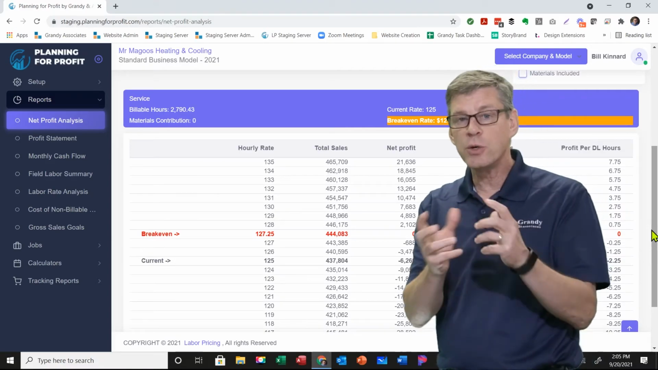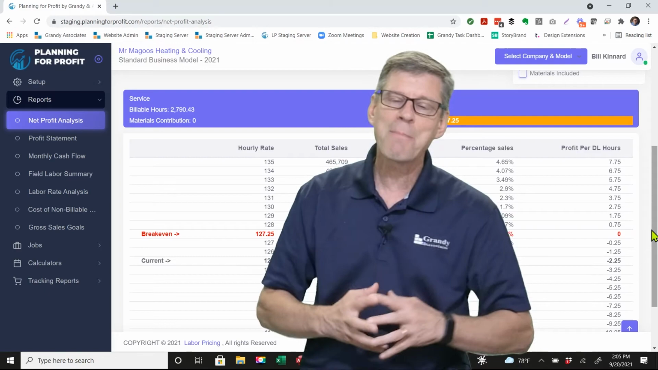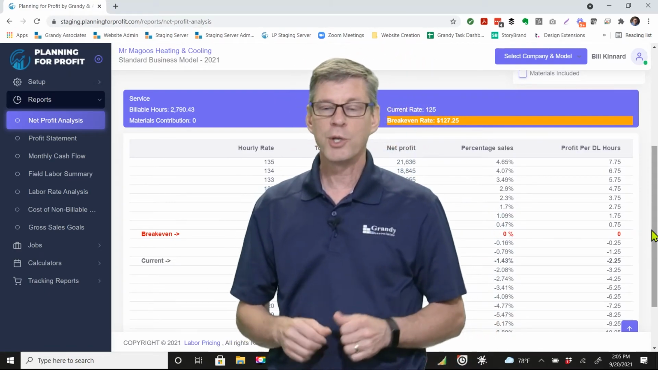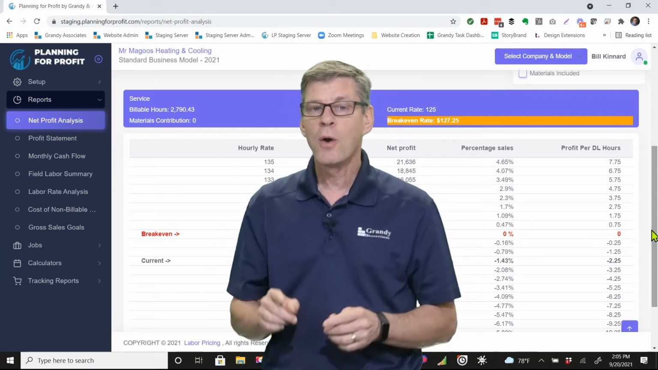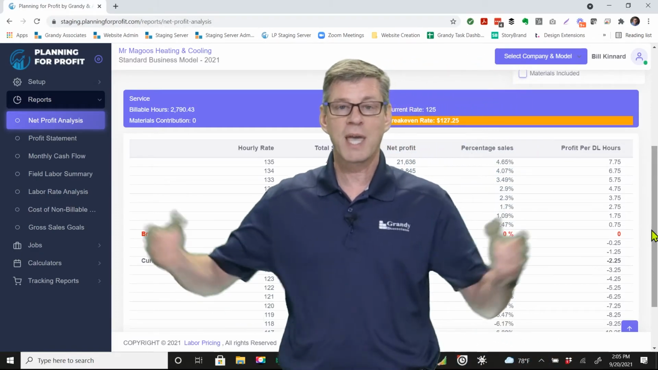So again, I can use this. It shows you the impact. So when that customer comes to you and says, hey, I bought these materials at a Home Depot, can you install them for me? You can come back in here, very quickly see if you're not providing materials, how that's going to impact your overall profitability. Because again, you've got that certain amount